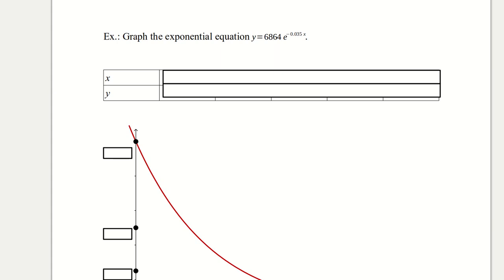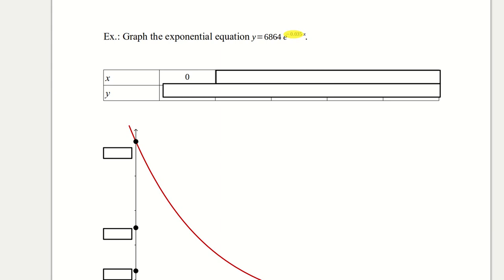Now this also works for things that are decaying, things that are decreasing, they're halving. So we're going to look at the halving function here. In other words, the time that it takes to fall by a half. So our x values here are the number of years that has passed. So we start at 0. We then look at that growth rate,